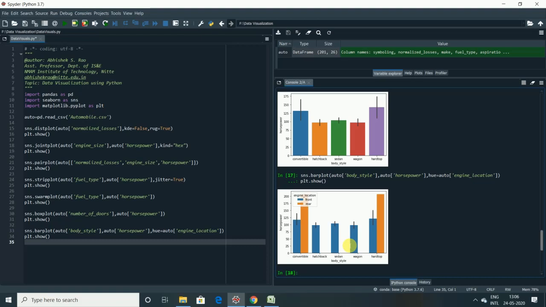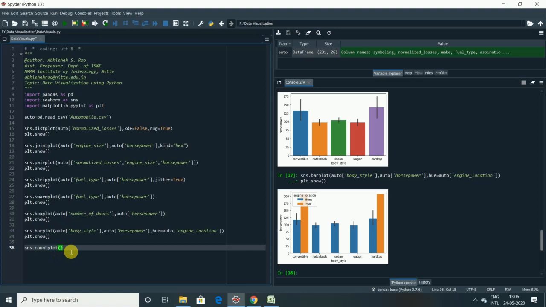So within the bar plot, there is a special case which you can create or use. Instead of showing a continuous variable on the y-axis, sometimes you might want to look at the frequencies of the observations for a set of categorical variables or for a single categorical variable. In this case, we can also create a count plot instead of a bar plot. Okay, so let us see how to use a count plot. I'll use sns.countplot instead of barplot. Let us see the variation in the visualization with respect to the count plot and the bar plot.